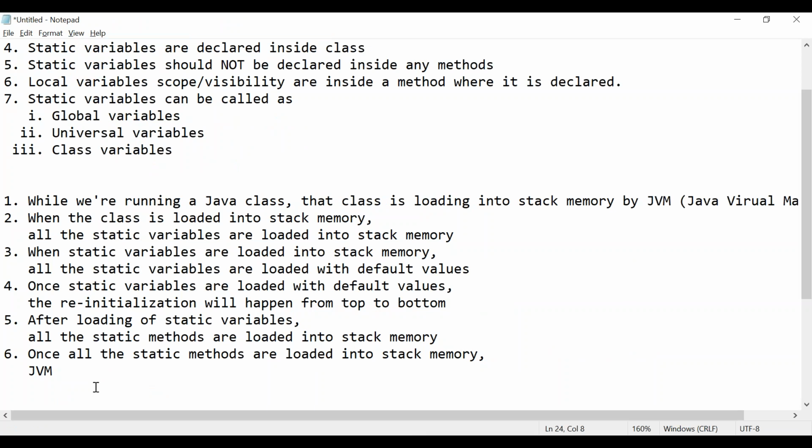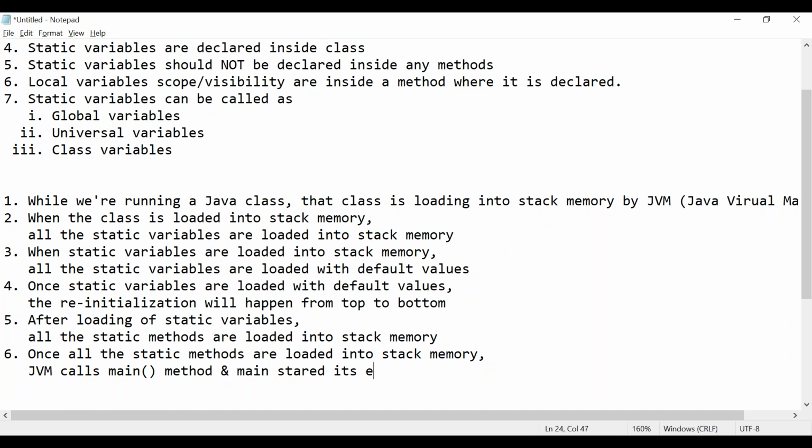What is the sixth point we are saying? Once all the static methods are loaded into stack memory, JVM calls the main method, and the main method starts its execution.